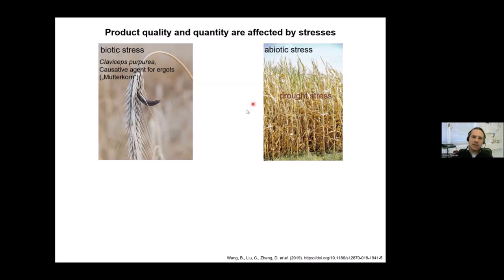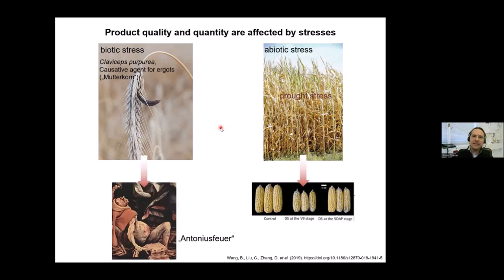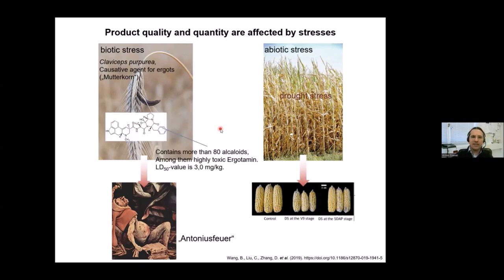And one major cause of stress are obviously abiotic stresses, which are leading to reduction in crop production, for example, in growth reduction, and of course can lead to complete loss. Also, the quality is decreased of the crops which are harvested. Under biotic stresses, plants are also showing a reduction in growth, but the diseases or the damage can be even more severe because many pathogens are producing toxins, like for example here this Claviceps purpurea fungus